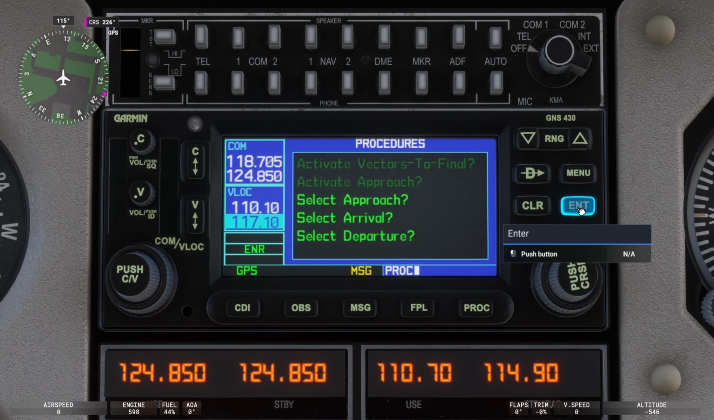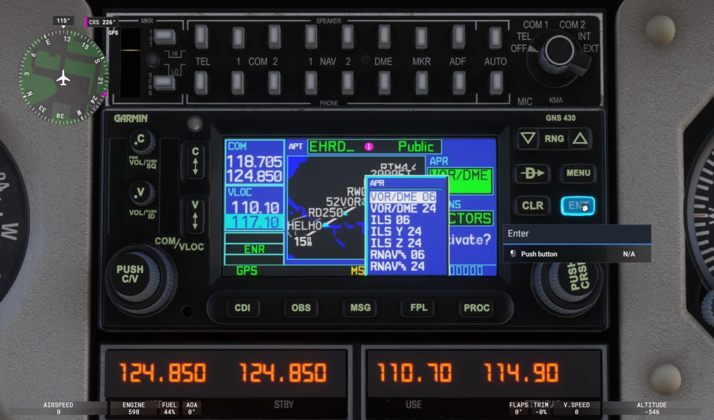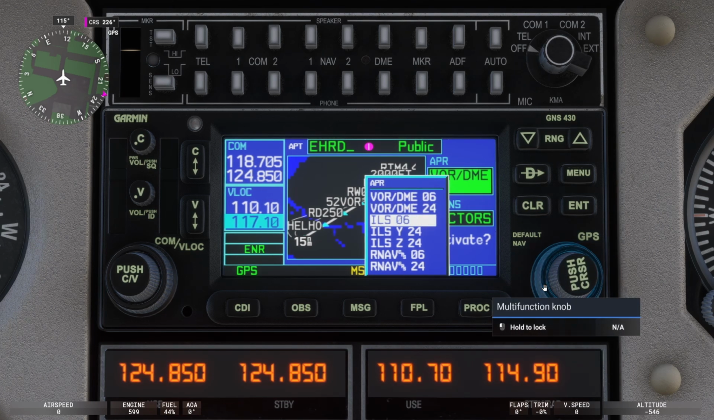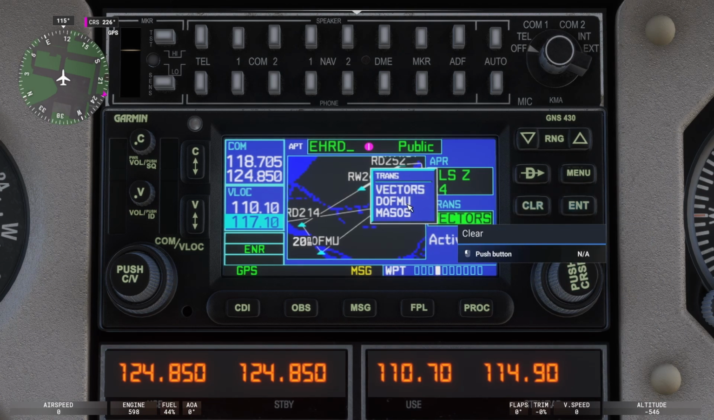Then I can simply say I want to change it. For example, I want to set the approach. I press the enter button. Then it shows me all the approaches which are available. In this case, DME 06, but also ILS 06, ILS Y24. Again, I can use this large knob to change the position which I want to use, and then press the enter button over here. It allows me to select